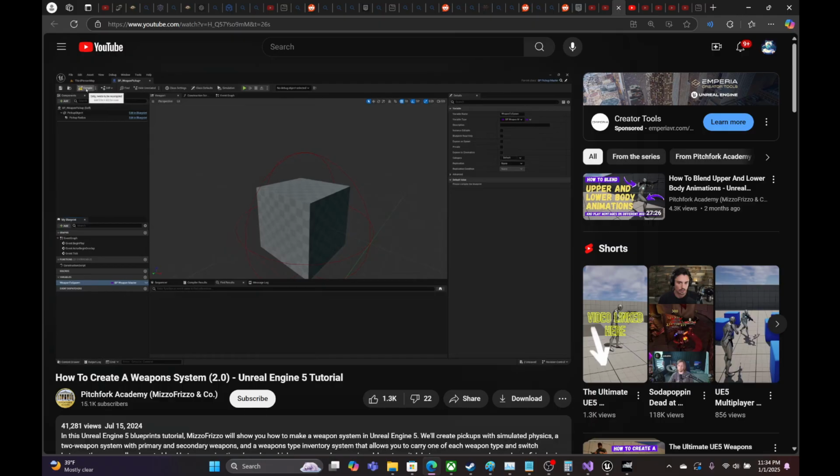So basically, if we compile this so that we're able to see the default value over here, what this will allow us to do is pass through a reference to a specific weapon blueprint. So when we interact with this weapon pickup, we will pass through a specific